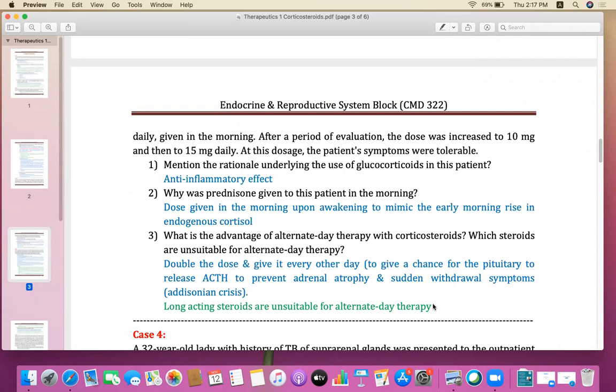Plus, in the case of rheumatoid arthritis, it's very important: if the patient is not getting benefit, the best way is to give the dose in the evening, so it will decrease the pain which occurs during the night time.